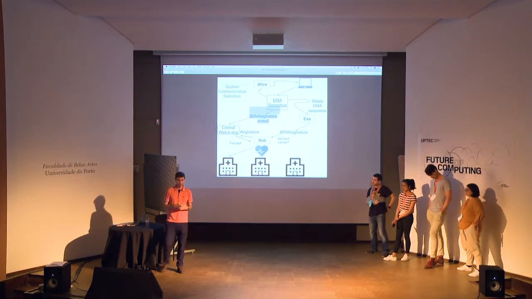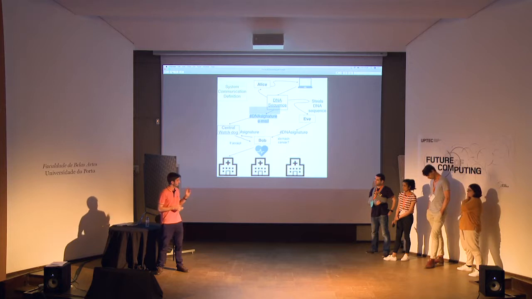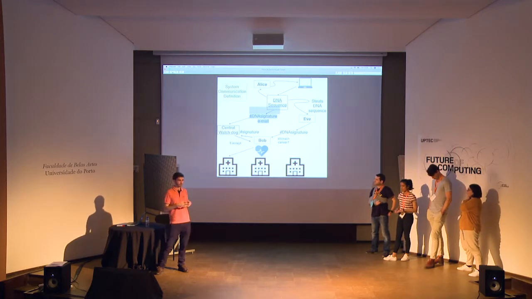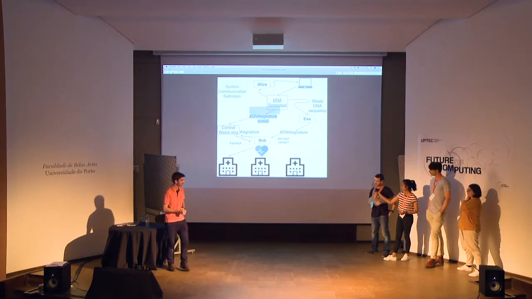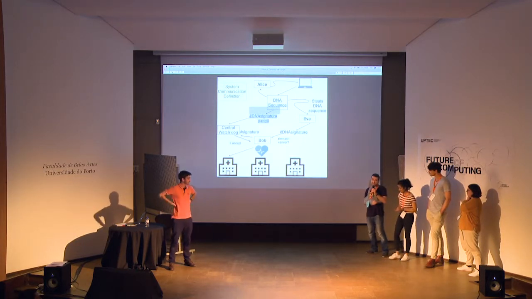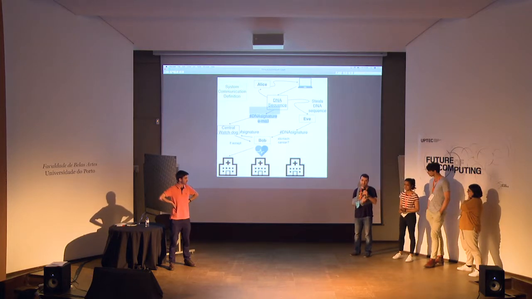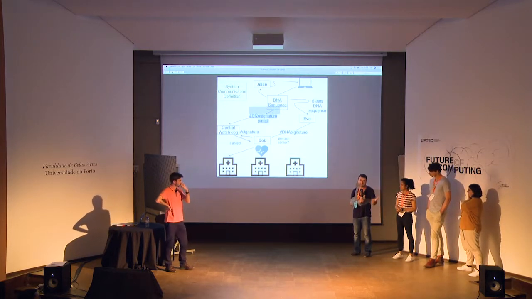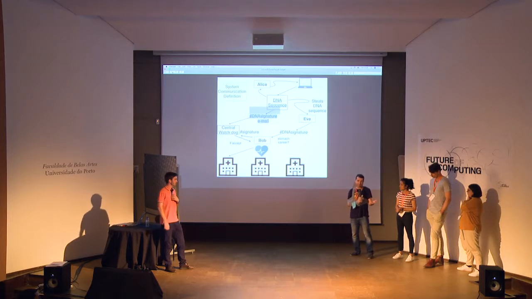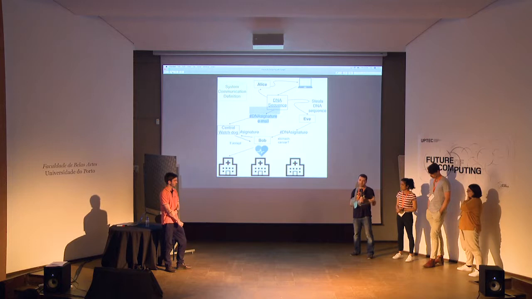Although we'll talk later about some privacy concerns there also. So imagine she takes her DNA sequence and then she hashes it using what we found to be homomorphic computing. Gonçalo is our expert. Homomorphic encryption is a type of encryption where you compute encrypted data. So usually you cannot do operations on encrypted data because it's encrypted. But with homomorphic encryption, you can compute encrypted data and get the encrypted result back to the user.